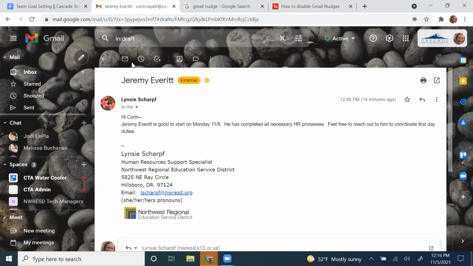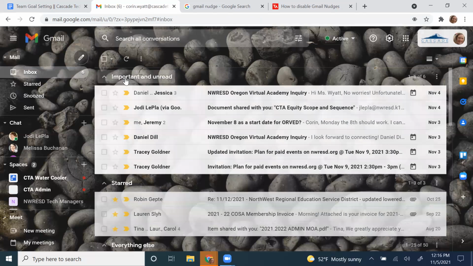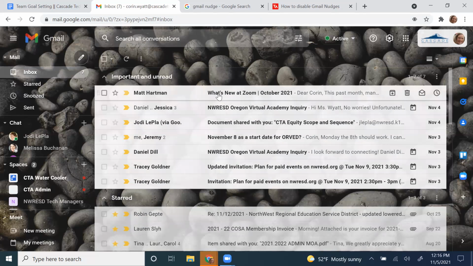A couple more things about messages and another menu you should know about. As you hover over your messages, or one of your messages, you have a menu over here on the right, a lot of which we've gone over. You can archive a message from this space, which just means that it sends it out of your inbox and into your all messages label, which still makes it accessible. It's not like throwing it away. It doesn't delete itself in 30 days or anything. It just puts it in sort of like Google Mail's memory so that you can pull it back up when you need it. You can just delete a message from here.